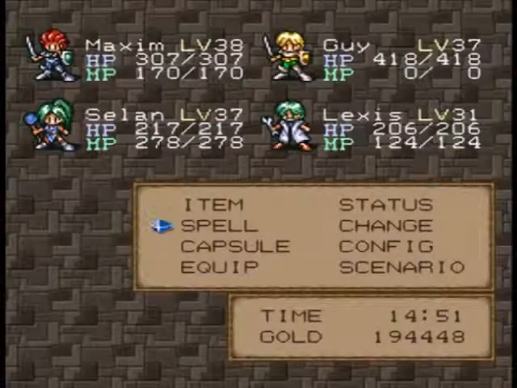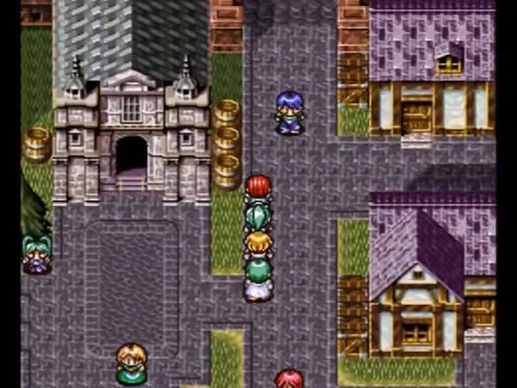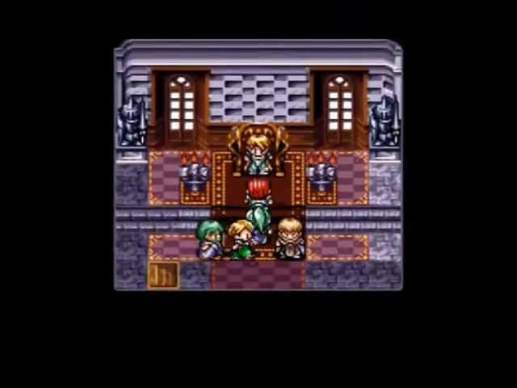We're almost to the end of the episode, but there's just one tiny little thing I want to do before we definitely call it quits, and that's to quickly warp to Aurelio and head over to the palace, or the mansion at the back. It's, I think, the only town that has the castle theme in it. And if you speak to the prince here...